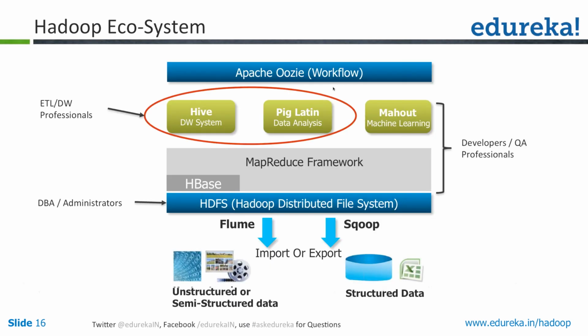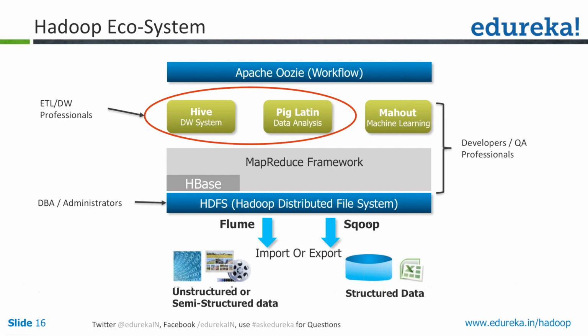Now there are two core components. So this is how the Hadoop ecosystem looks. Now this is what we've been waiting for. To start with, let's look at the kind of data you have and how you move that data into Hadoop. You can have structured data, which can be in your RDBMS or any other structured data format. You can use Sqoop, which is an abbreviation for SQL to Hadoop. It is a tool in the Hadoop ecosystem using which you can move your data from any traditional RDBMS into Hadoop.